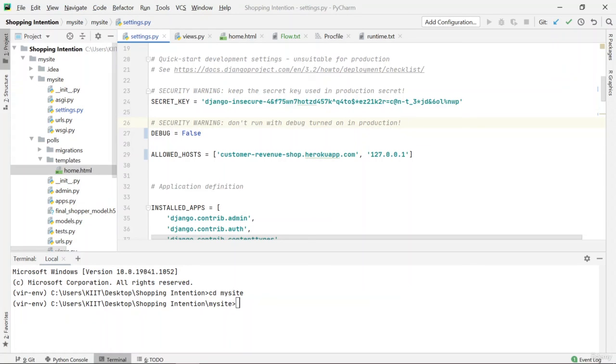This is basically telling which host or which DNS your web application can run on, so you have to set that up. If you want to run this code locally, you have to set this, and if you have to run this on some server, then you have to set this up too. I will tell you where this actually came from, but that would be in the third part.